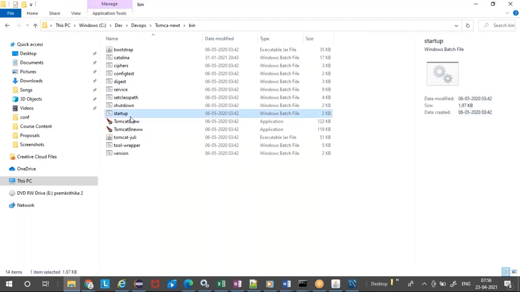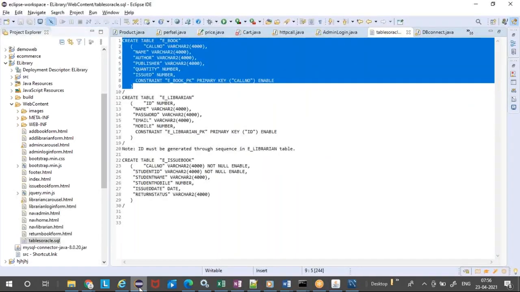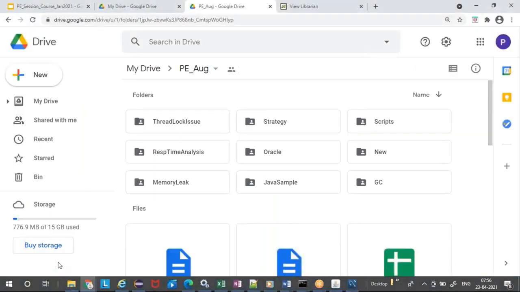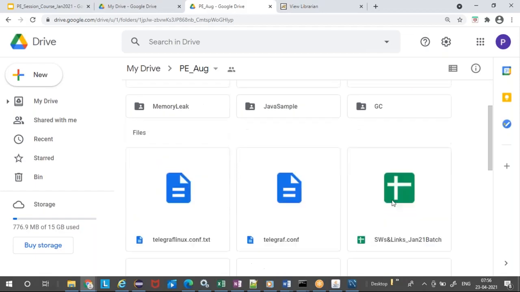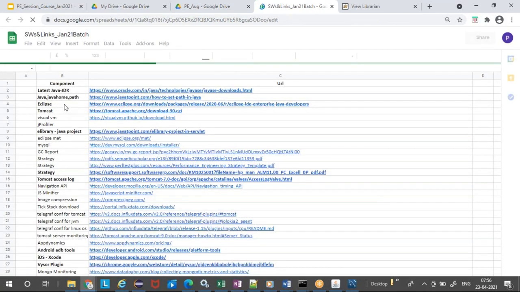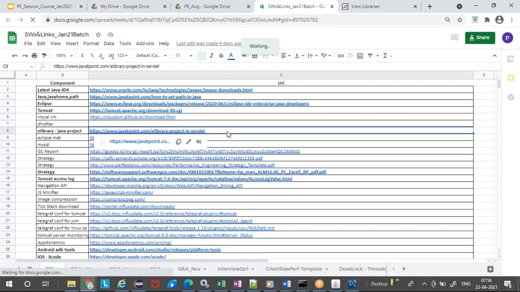and then you need to start the server from the startup file. Or just follow today's video also, whatever I have done, you can just do it. In my case, I generated a WAR file. In your case, you will download the WAR file from the drive. And in the sheet, I would have given the links for downloading Tomcat, Eclipse, setting up Java, JDK, Tomcat, and this code. Whatever code I'm using, you can download directly from this site.